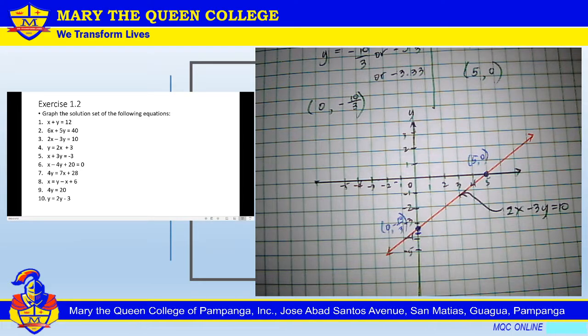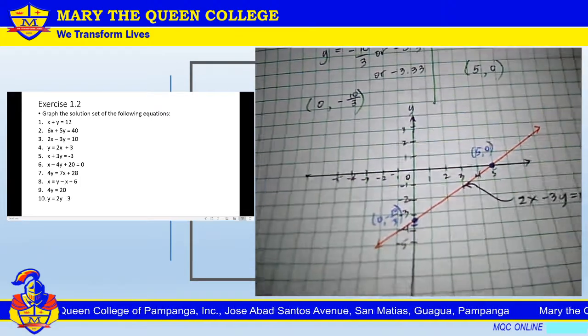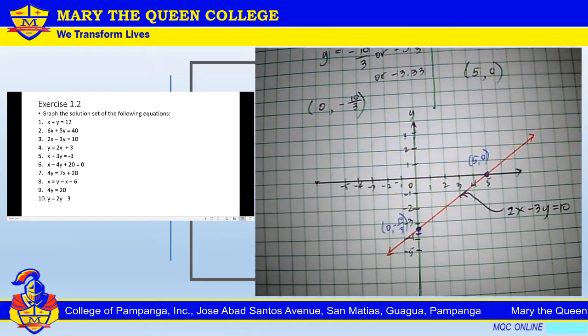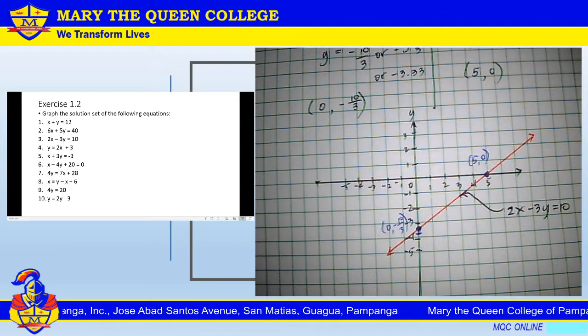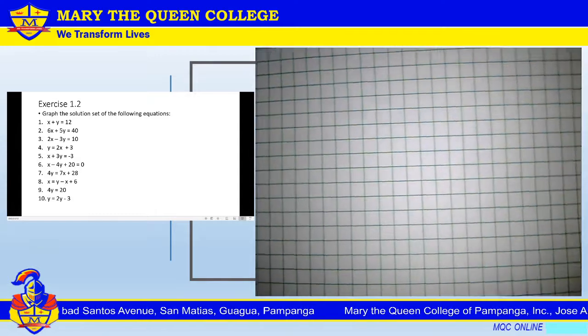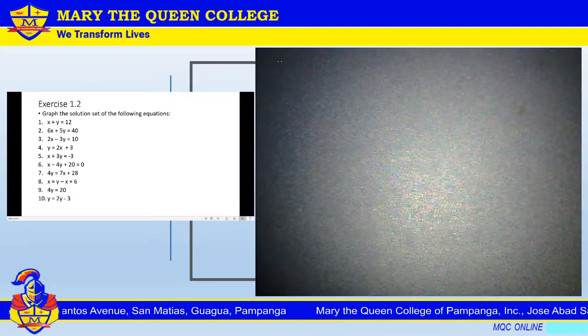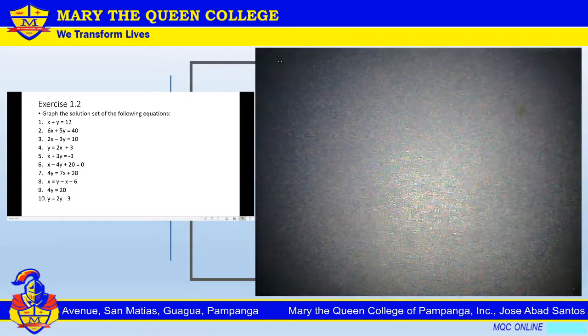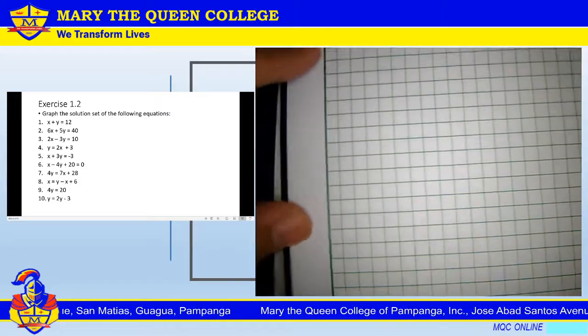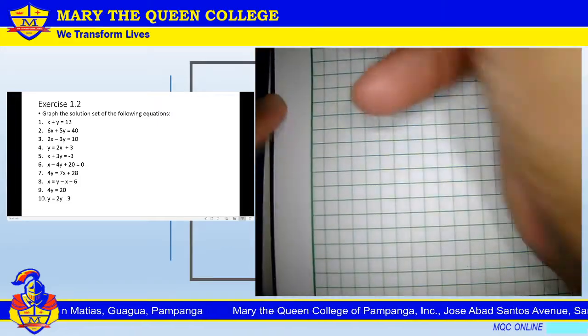Okay? So I think it's very simple for you, or very easy. Okay, do you have any question with the following examples? None. Okay, so maybe we will try number 9. Okay, so 9 is far different from the first 2 sets or 3 sets of examples. Okay, so for number 9,